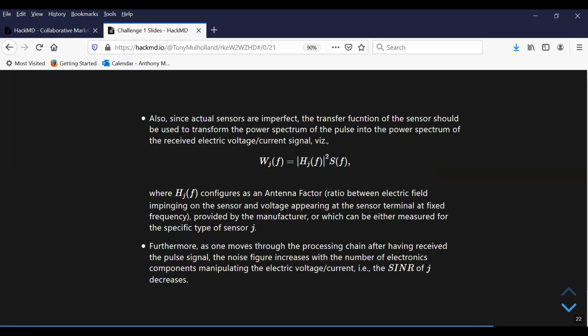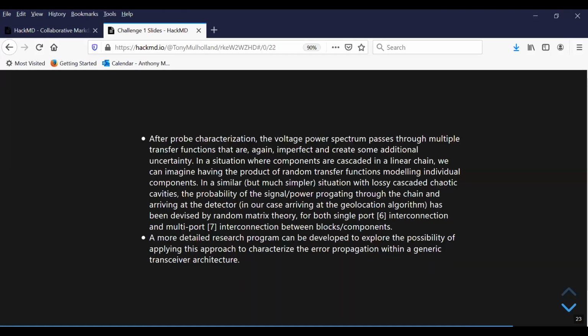So we need to think in a bit more detail about the characteristics of the antennas, the sensors and the channel, in particular on the spectrum of the received signal. So that's one aspect. Better move on. Next slide, please. Then, of course, there are all sorts of other transfer functions in the sensor,